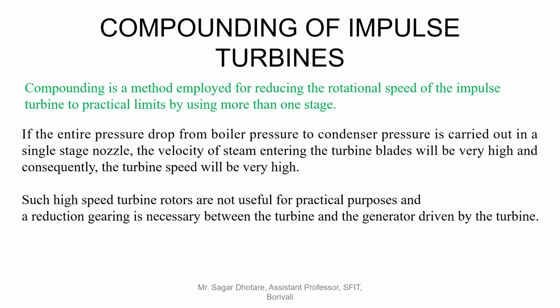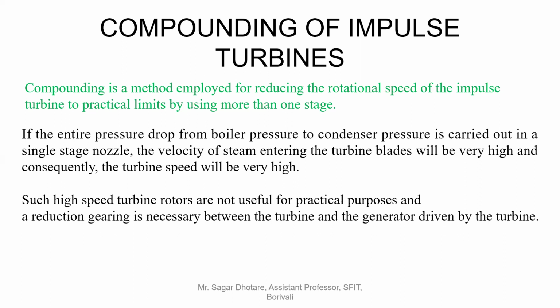Now, compounding. It is very important to understand the purpose of compounding. At high pressure, up to 100 to 140 bar, high temperature steam is used in a power plant to increase the thermal efficiency and to reduce the size of the plant. If the entire pressure drop from boiler pressure to condenser pressure is carried out in a single stage, then the velocity of the steam entering the turbine will be extremely high,